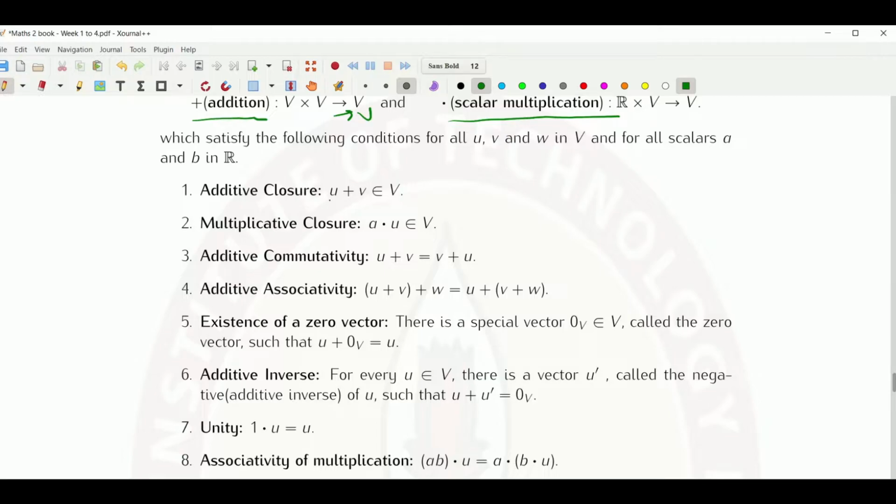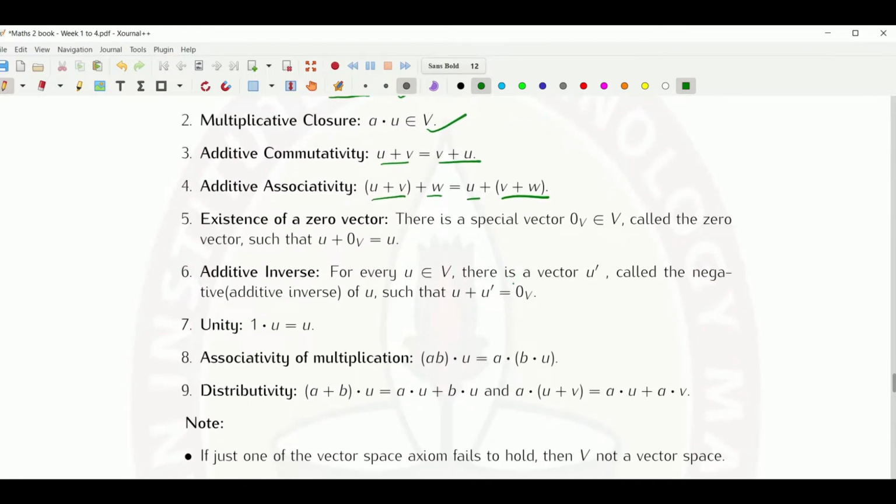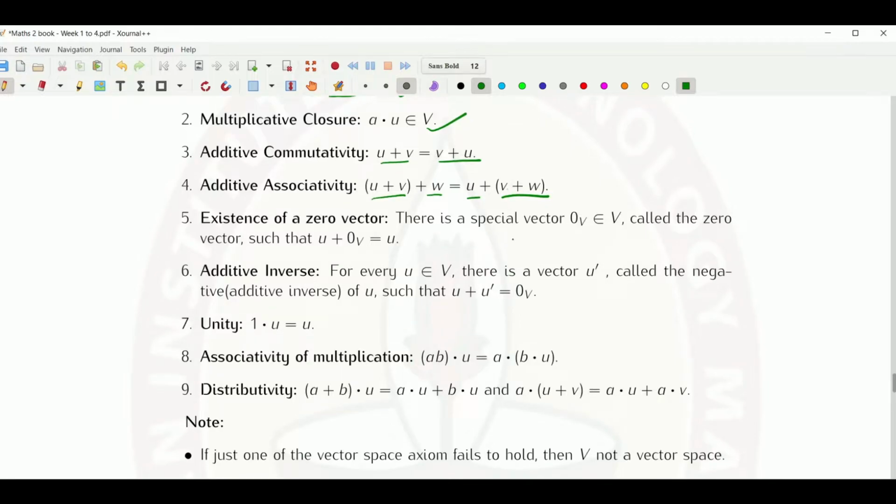Additive closure. u plus v belongs to vector space. a dot u belongs to vector space. Additive commutativity. u plus v is equal to v plus u. Additive associativity. u plus v plus w is equal to u plus v plus w. Existence of a zero vector. There is a special vector 0 belonging to vector space, called the zero vector, such that u plus 0 vector